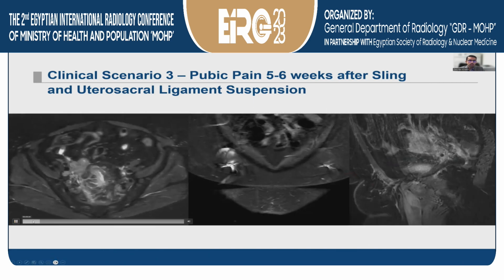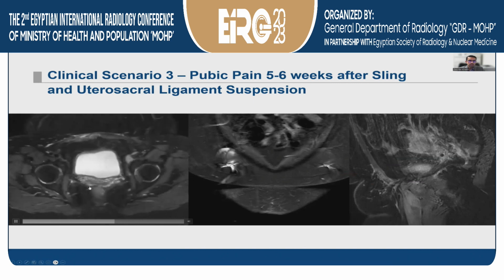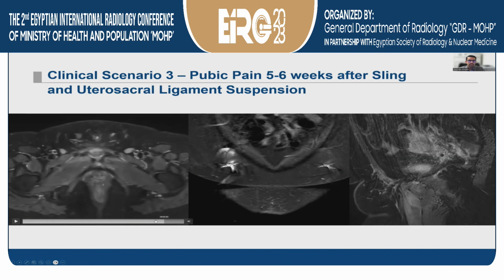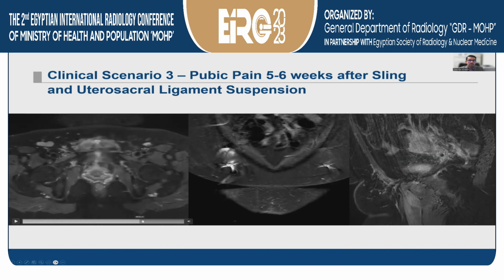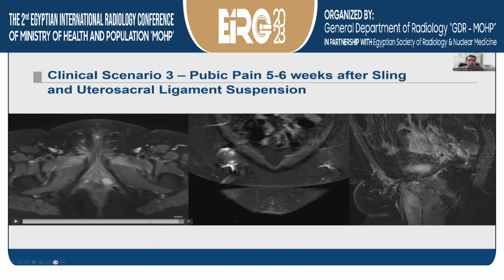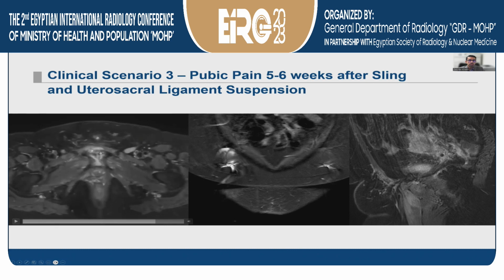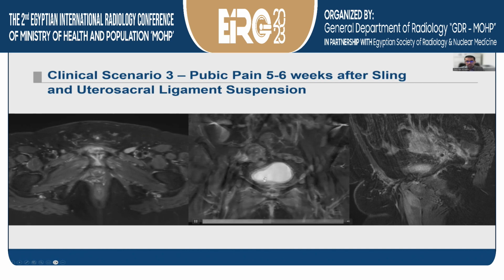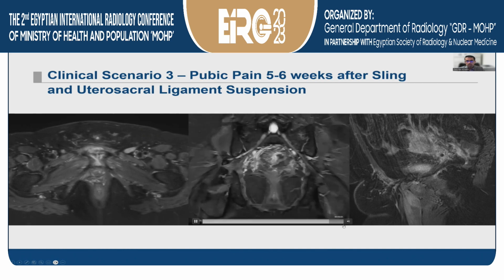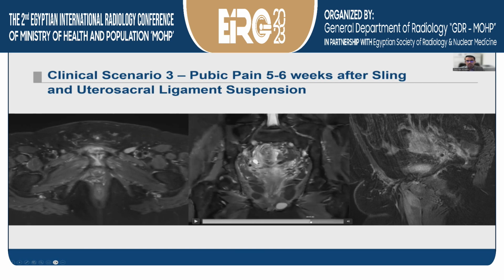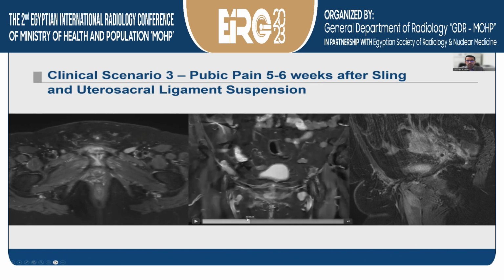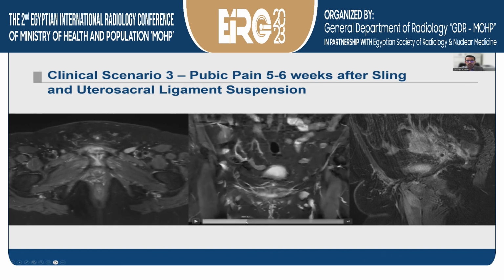MRI was then performed, and again you can see this inflammation in the right side of the pelvis, and you can see this fluid signal intensity structure now that's extending through the rectus abdominis, and it's causing a lot of edema also of the pubic symphysis here. On the coronal T2 fat suppressed image, same findings, where we can see that there is inflammation of the rectum, asymmetric inflammation on the right side of the pelvis,